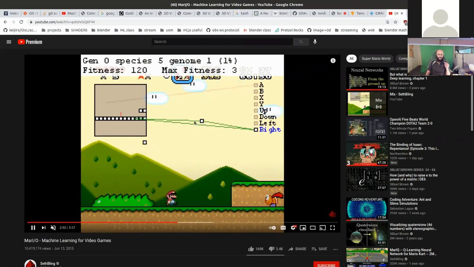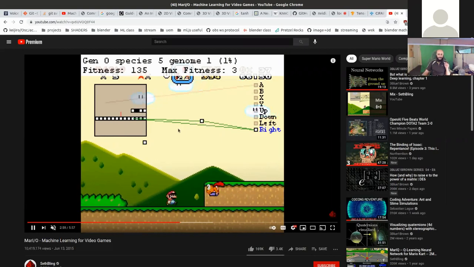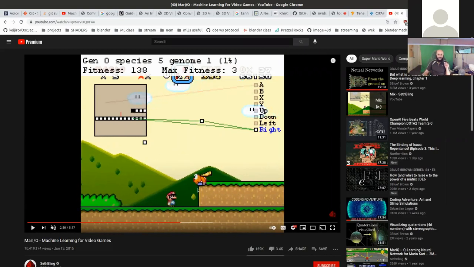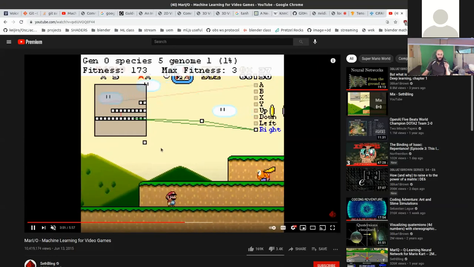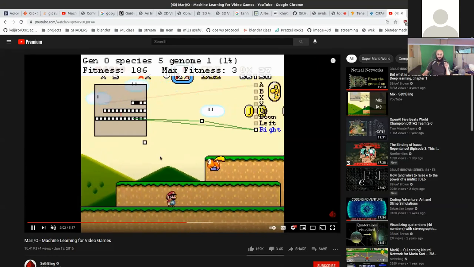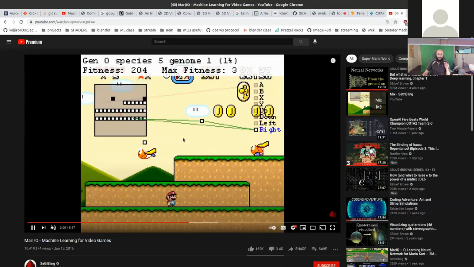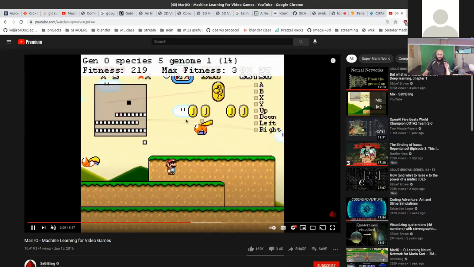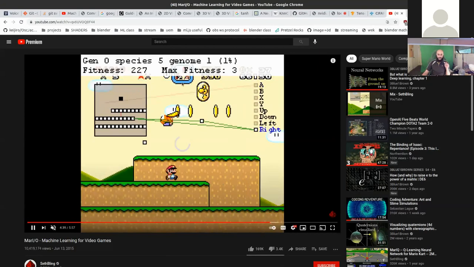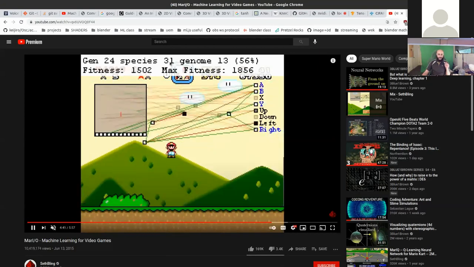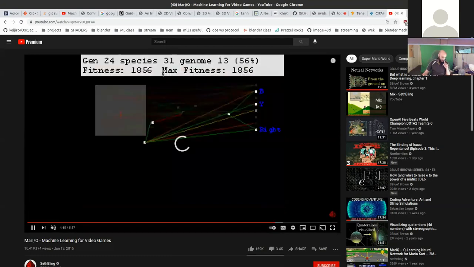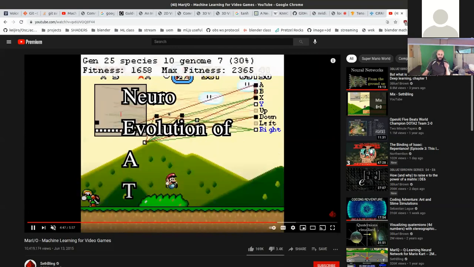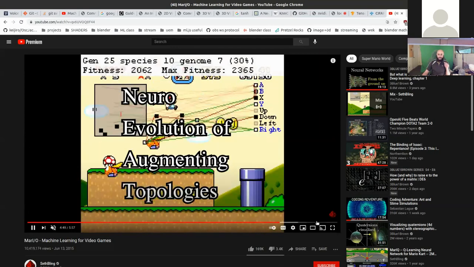So it's now basically seeing what's on the screen, and the fly guy right here, that's the little black dot on this screen. So you can see it inside of the learning model. And you can actually watch this model kind of try to figure out what is going on in front of it. And this is the first of its generation. So if we go way farther down, this is like species 31, genome 13. So we're talking at least 15 or 30 different iterations later, we have this thing that's able to do a lot better of a job. And then if we get to the very, very end of this,